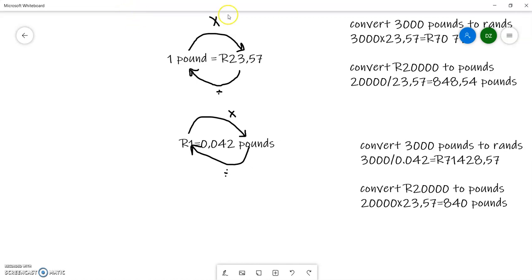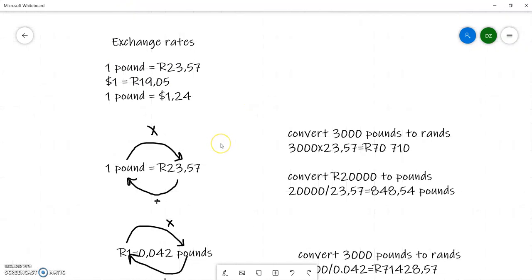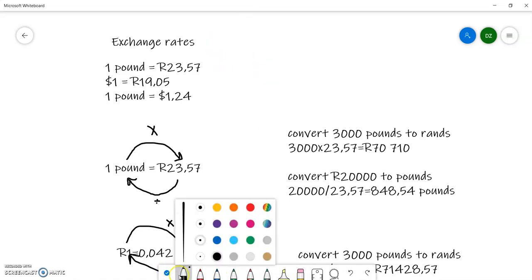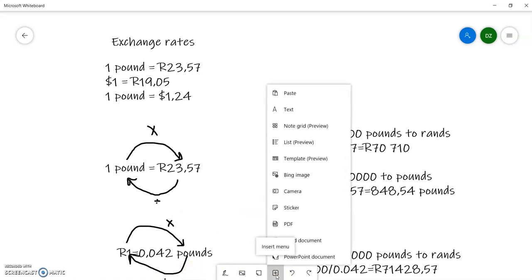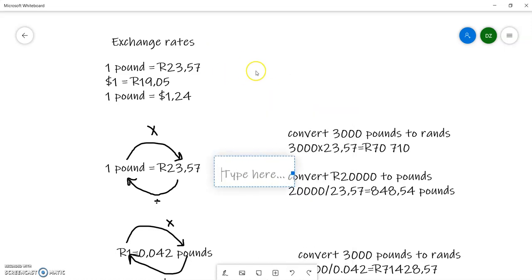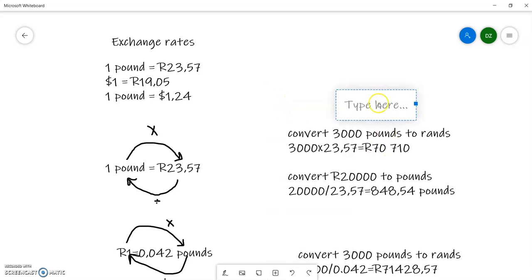Now the very tricky part is when you listen to the news and they say that the rand strengthened against the pound. Now, if you think of strengthened in terms of money, normally you would think something would increase. But that's actually not true because the smaller the value, the stronger it is. So when we talk about something strengthening, let me just get my text box back. It means now that, for instance,